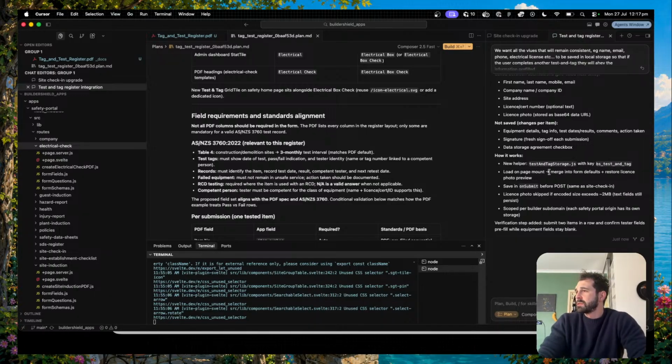You help at test and tag storage, JS with BS test and tag key, so that should make sure that we have all of this loaded. Verification steps: submit 2 items in a row and confirm tester fields pre-fill while empty blank. Perfect. So now thinking through it,